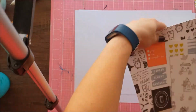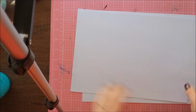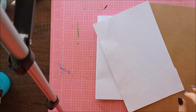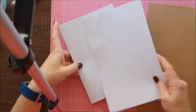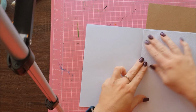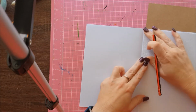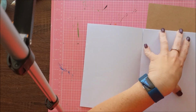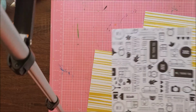So I have a DIY traveller's notebook for you today as one of my guest designer projects for April for Kitaholic Kits. I am going to use the April main kit to make this page as well as a few other bits and pieces. So what I've done, I've used some just A4 computer paper, and what I'm measuring up now is